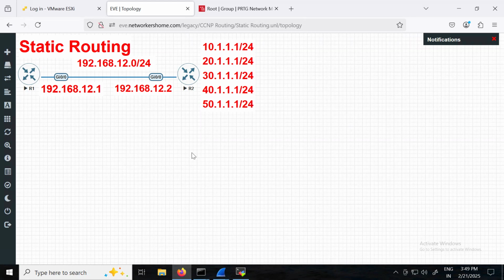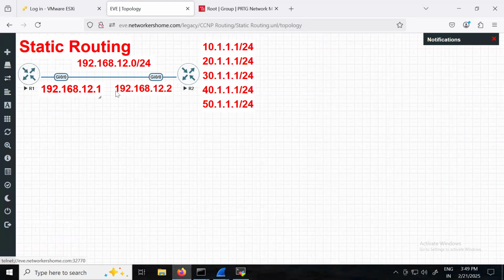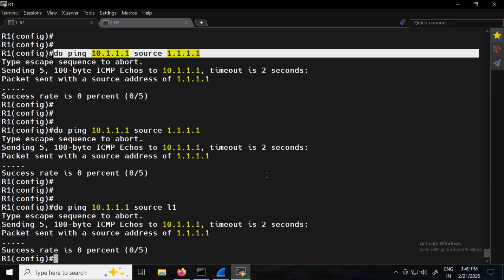Whenever you want to test your configurations, you do that. Let's say I want to test whether my routing configuration is proper or not. I can use it. Sir, in the R2 routing table, there is no route for 1.1.1.1, right? Yeah, that's right. That's why it's dropped. So the packet is reaching R2, but return traffic is not coming. Is that correct? Correct. Okay, so if I go and add a default route on R2,